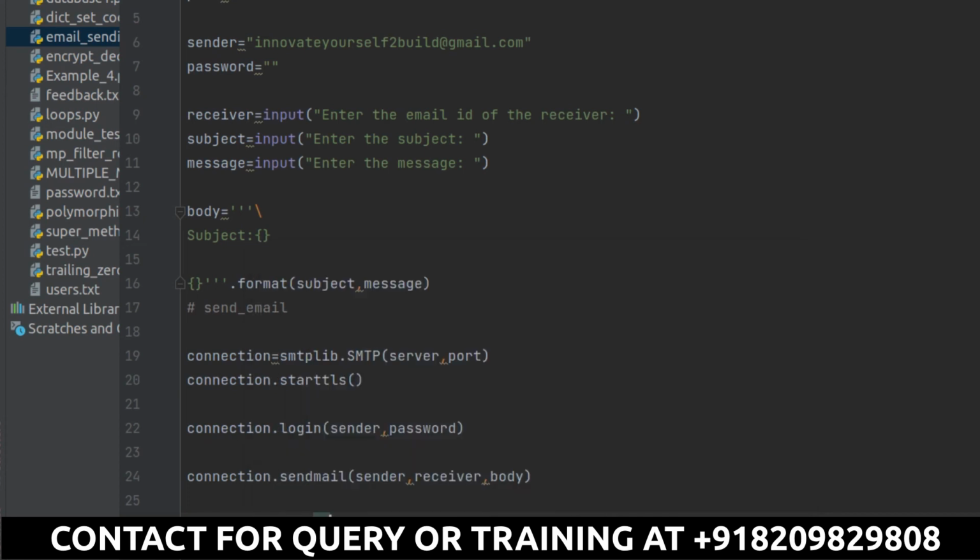So whatever connection you have made, you have to close it just for security reasons. So you have to do this. This is all that I have done, and with this my complete program is ready, and now I can run it and check whether I can send the email to anybody or not, right?